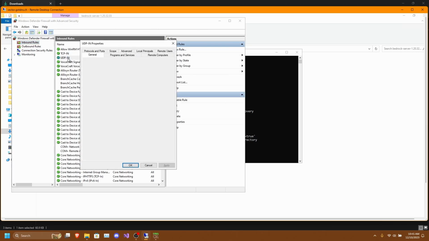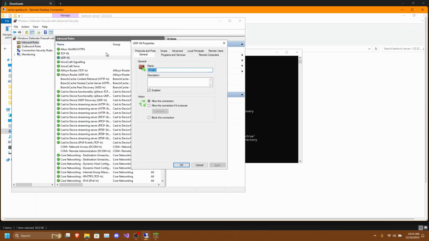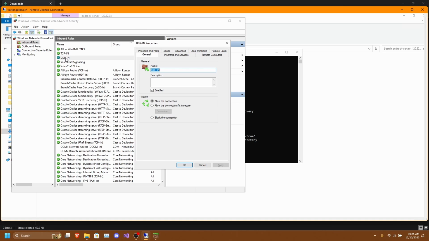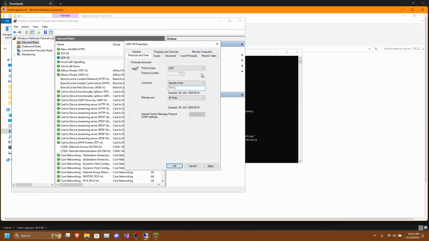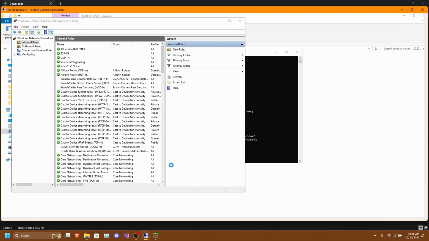So in UDP, since I already have a rule set up for UDP, I can just double click on it to open it. Then if you've already got a port set up, all we need to do is add a comma. And since the default port for Bedrock servers is 19132, all we have to do is type in 19132. And then we just click on OK, and it should be good to go.